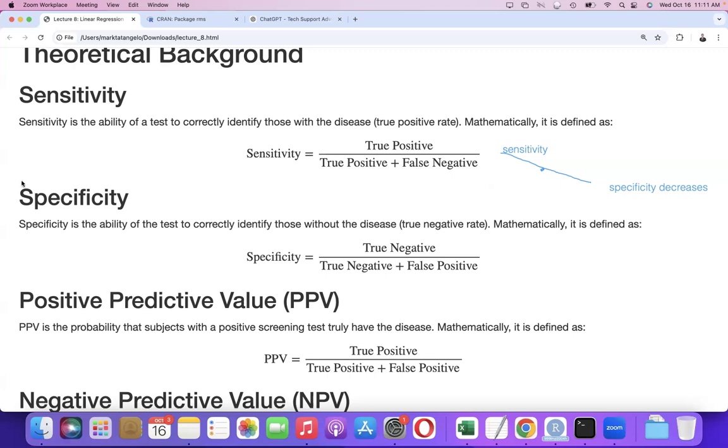Okay. So same thing. So let me just draw the reverse. So if specificity,